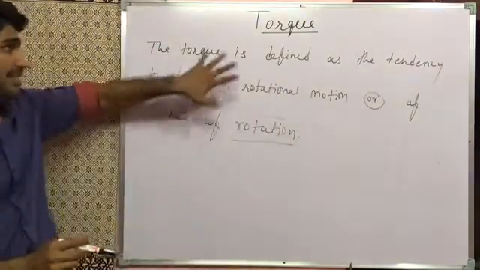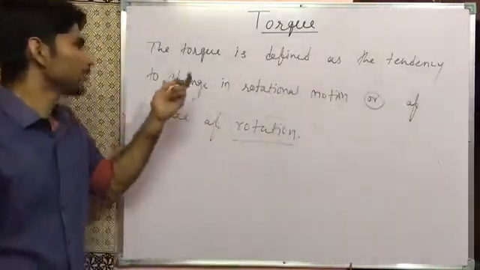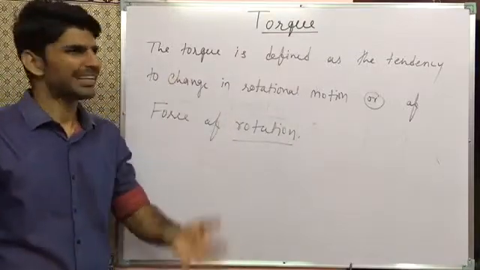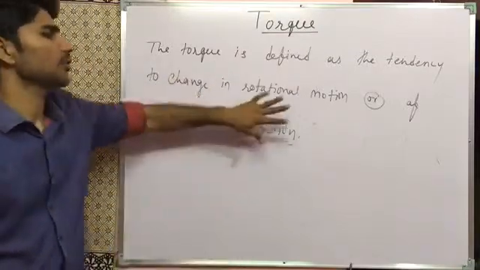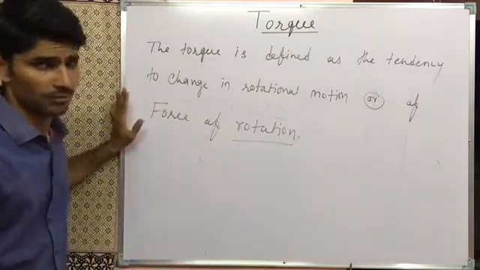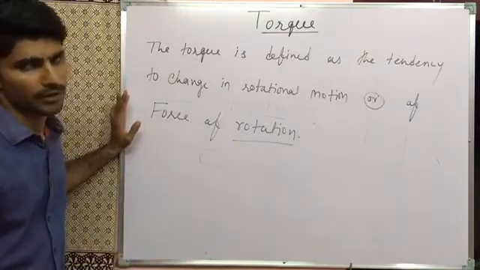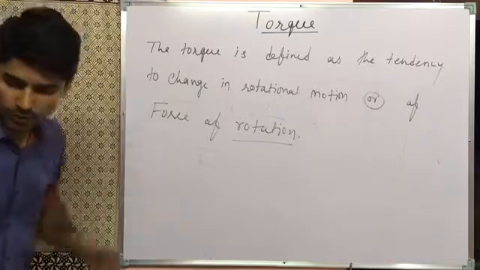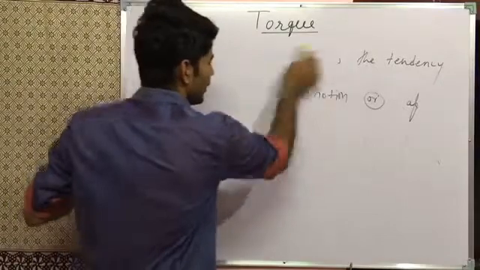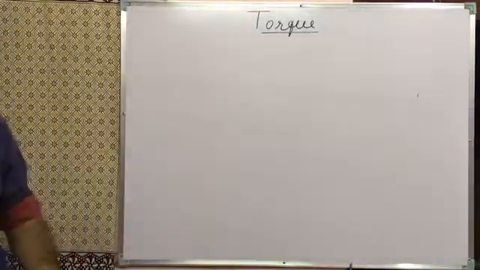So torque is defined as the tendency or property of the body to change the rotational motion. This is the factor, you can say property, anything which changes the rotational motion of the body. So this is the definition of torque. Now we will discuss after it how we write down the formula or value of the torque. Please write this definition in your notebook, and now we move forward. Suppose that